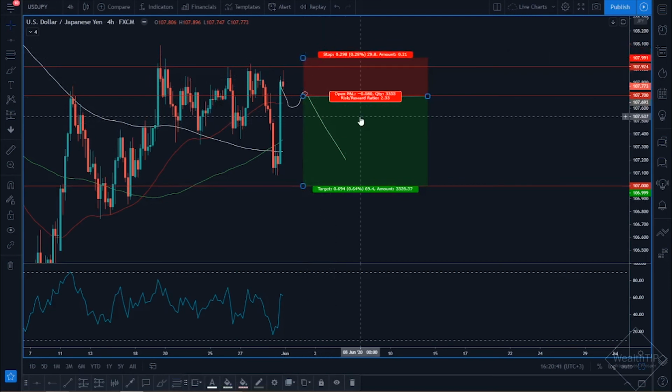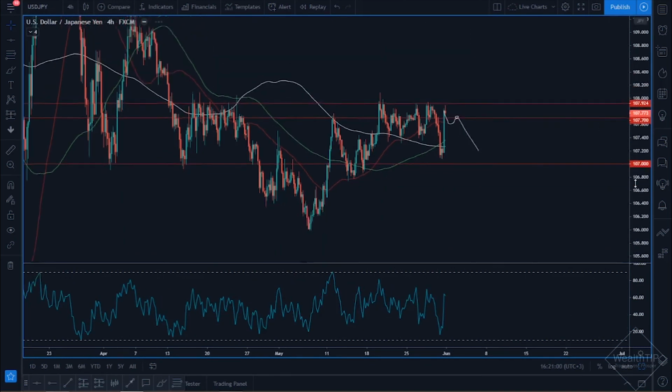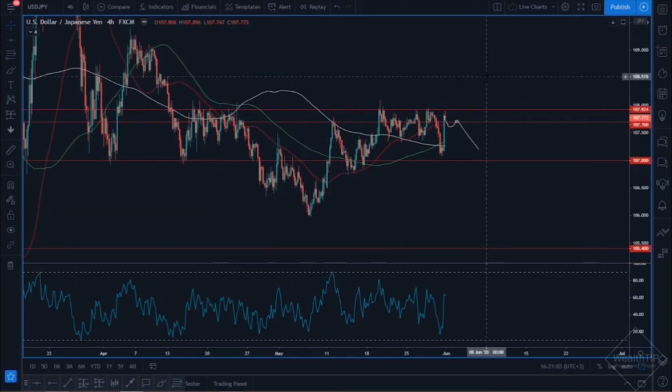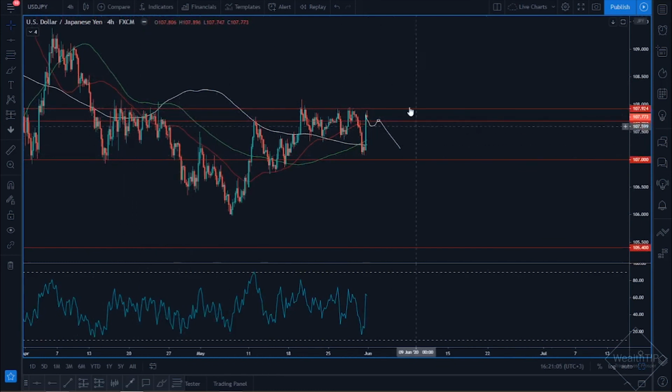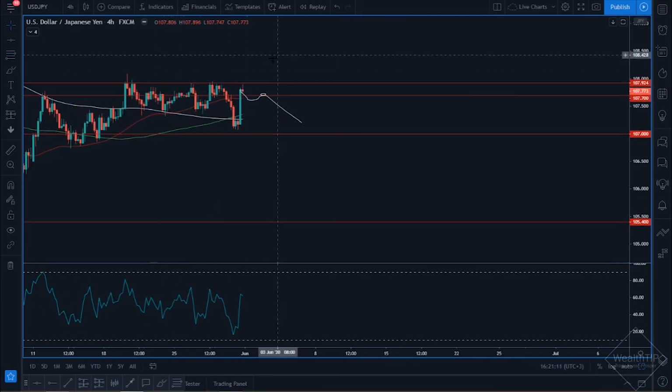But ultimately, what I'm saying is that this is one of those pairs that, if it sets up and works out, is a very low risk trade and a very, very high probability setup. The reason is that these moving averages are all over the place. And if you're looking at your horizontal support and resistance and the fact that the market has been moving sideways within this zone, it's not surprising to me to see a move like this and a shooting star that forms on key resistance.